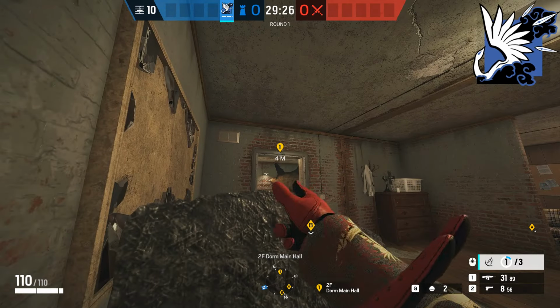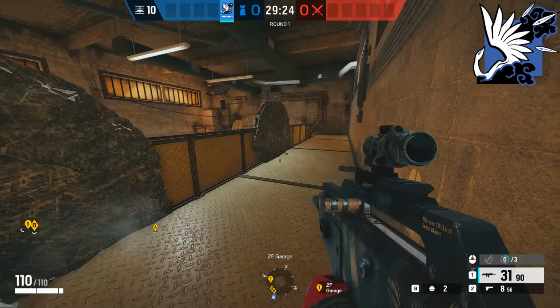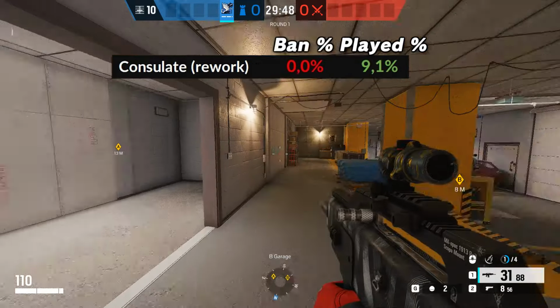By the end of this video, you're going to know the best Azami Kiba barrier spots on every single ranked map in Rainbow Six Siege. These Azami setups can single-handedly win you more games, so let's kick things off by starting with the brand new Consulate rework. Starting off on the first map then, we are going to be having a look at basement in